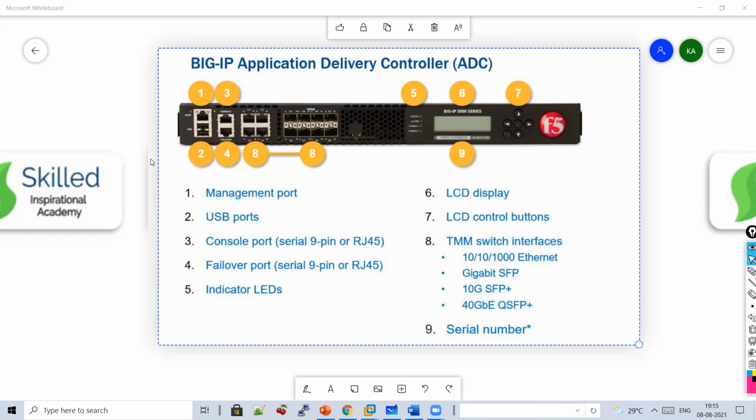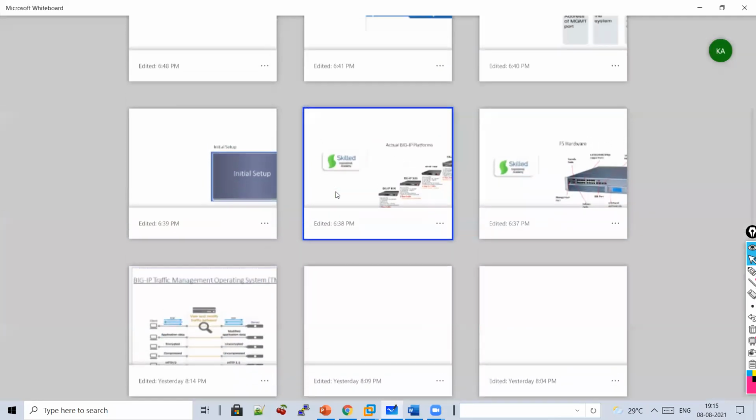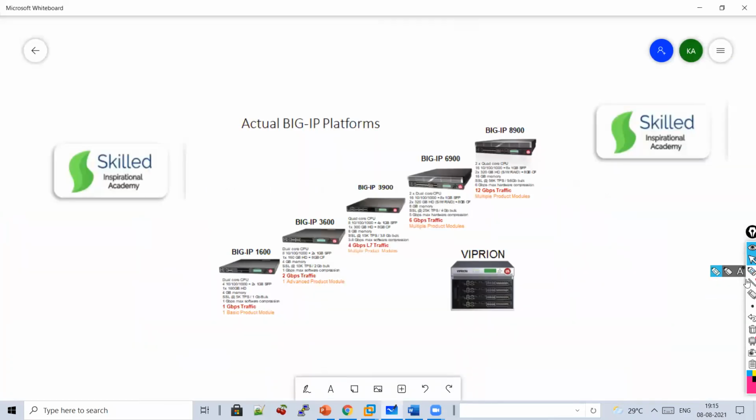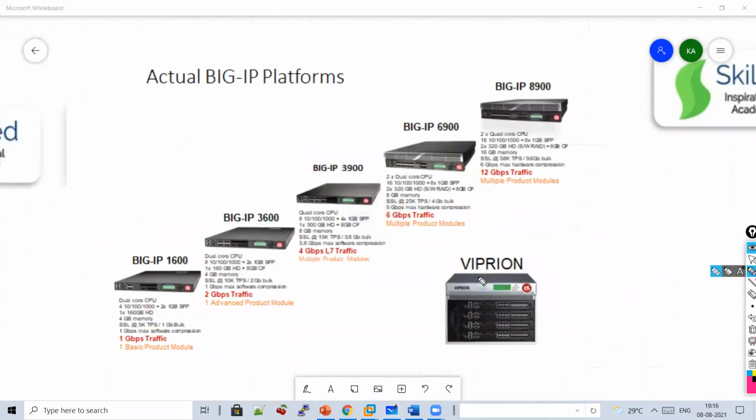Now let's go further based on what are the different platforms available. I was talking about different models, guys. So guys, the basic model of F5 is BIG-IP 1600.